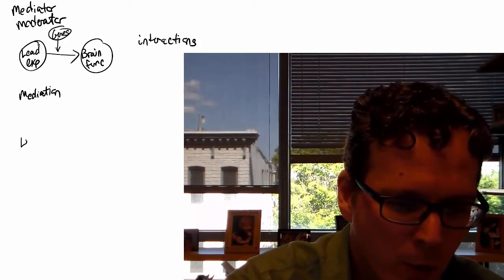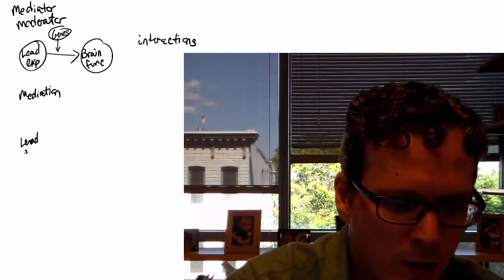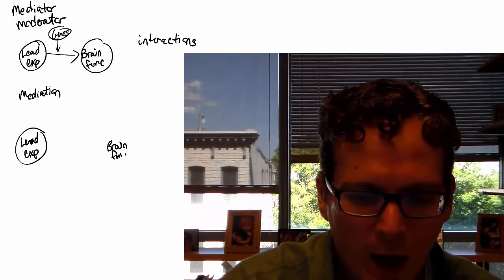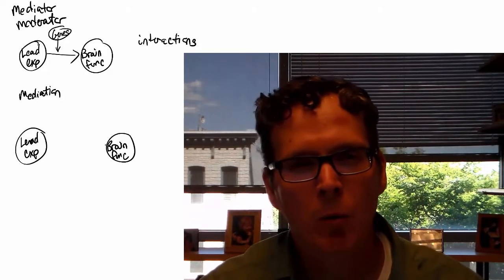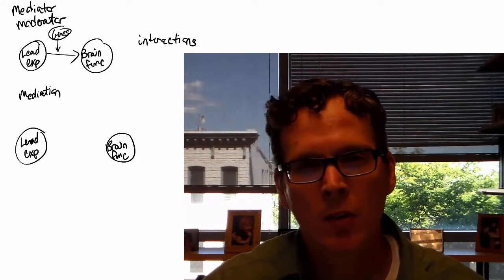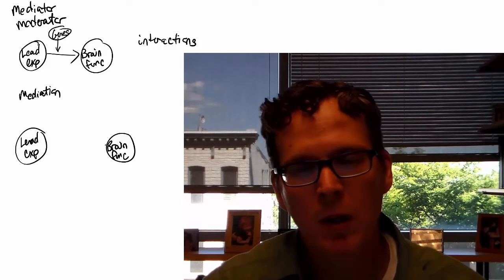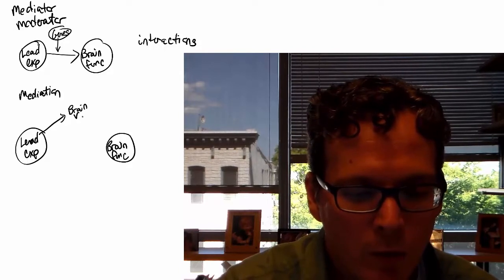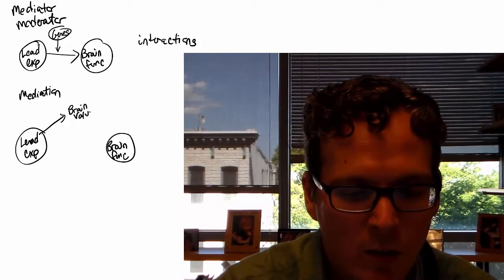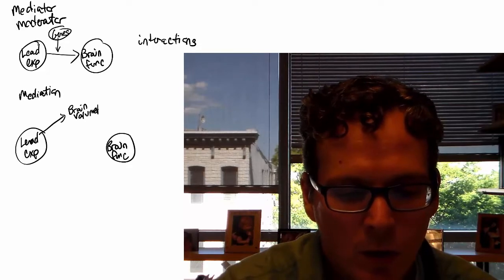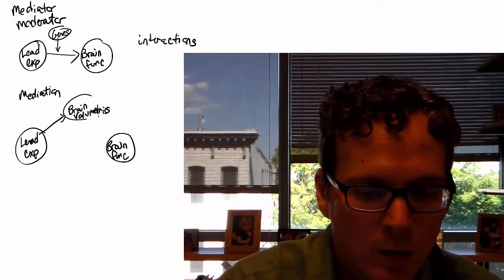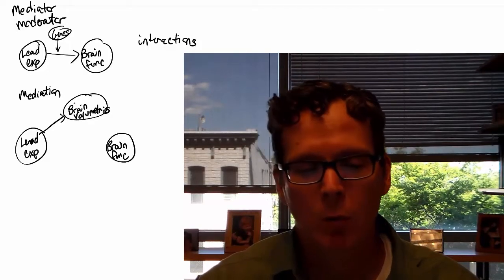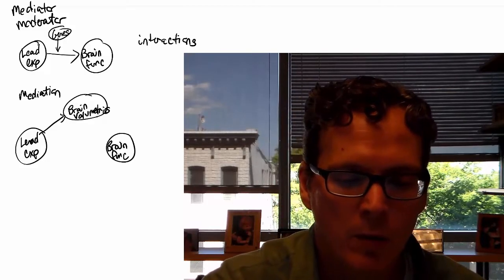Now, to really think about mediation, you have to be thinking about mechanisms. For example, if I wanted to look at how lead exposure impacts brain function, but I wanted to know how, the mechanism through which that happened. I wanted further details into the mechanisms of how lead was impacting brain function. Maybe I collected MRIs, and I could look at brain volume, localized brain volumetrics or morphometrics, which is the kind of thing that I do. So, for example, lead shrinks your hippocampus, and having a smaller hippocampus means you have a worse memory. That's not exactly how it works in this case, but as an example.